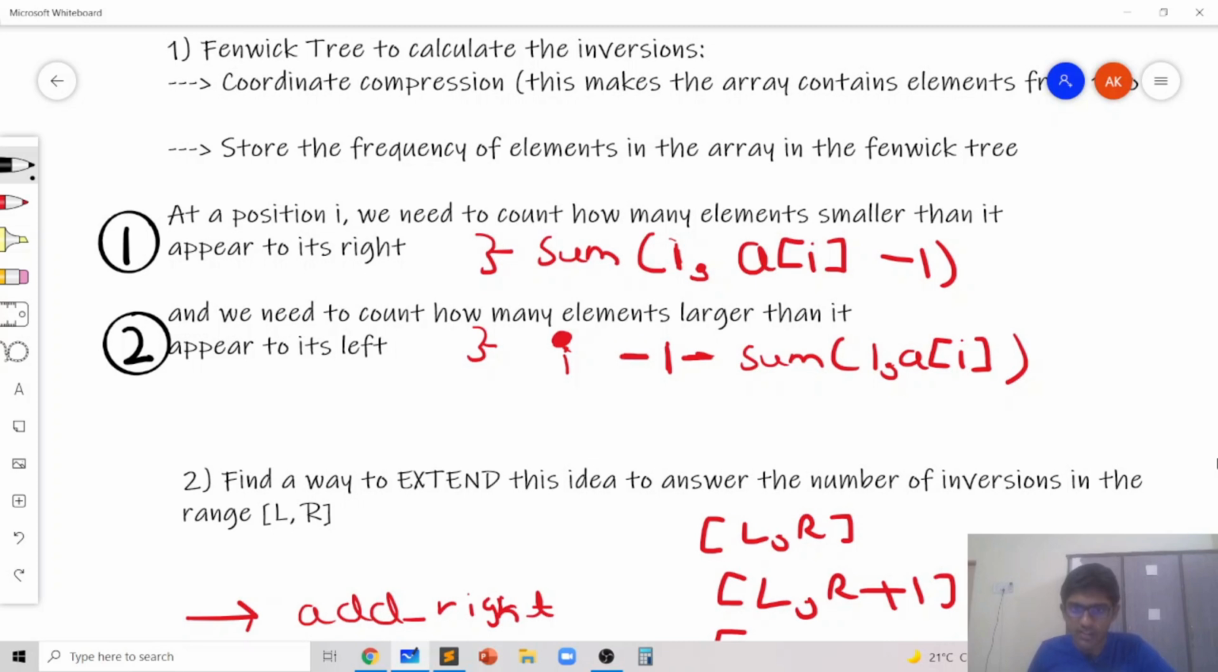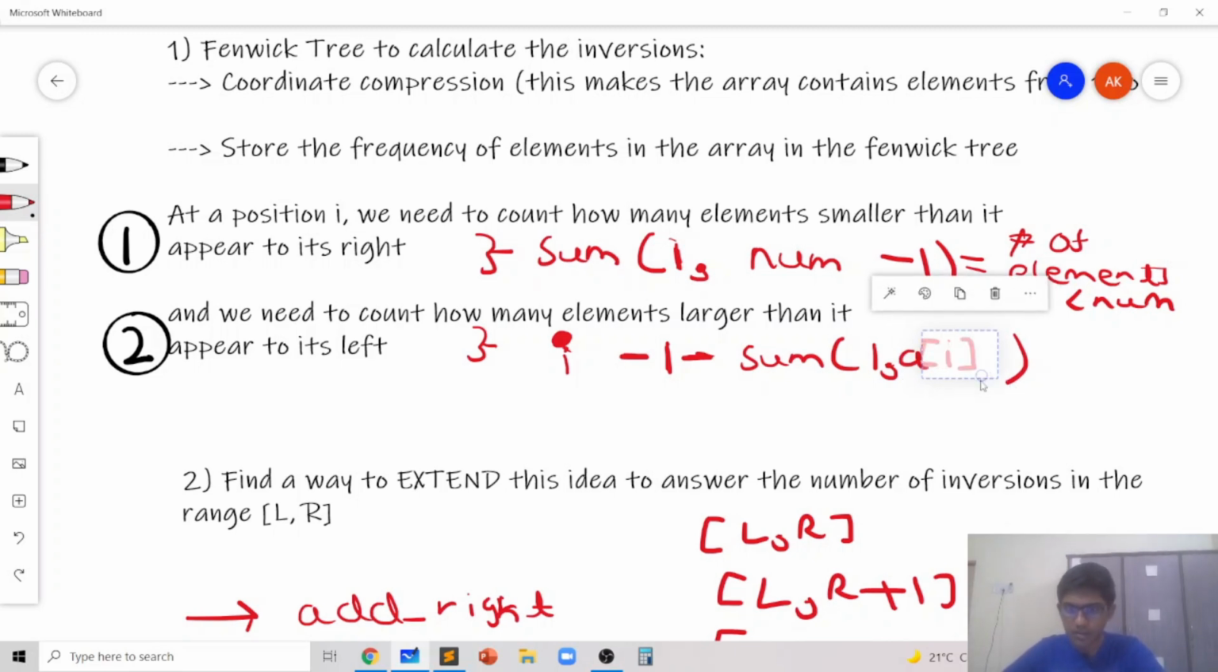So notice that sum of 1 comma a I minus 1, or basically sum of 1 comma num minus 1, will tell us the number of elements less than num which appear to the left, and I minus 1 minus sum of AI, or basically sum of num, will give us the number of elements